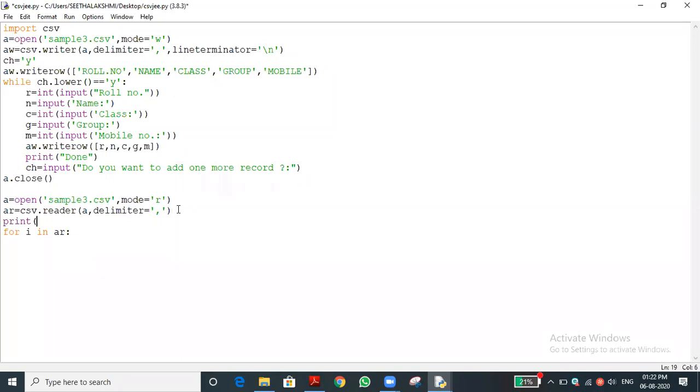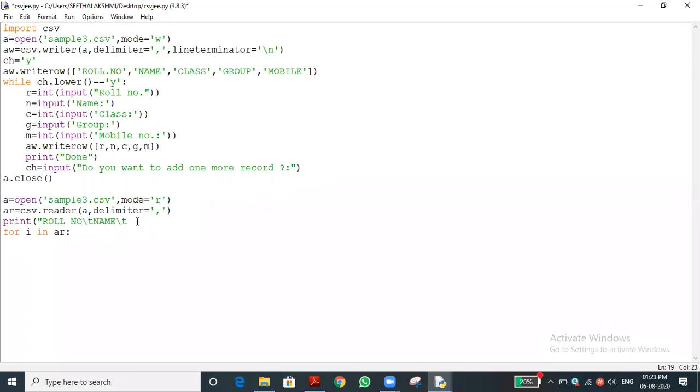Print, in double quotes, Roll number, then \t, name, then \t. Let me try with one slash, so we are avoiding the space also. Let me try alignment at last.